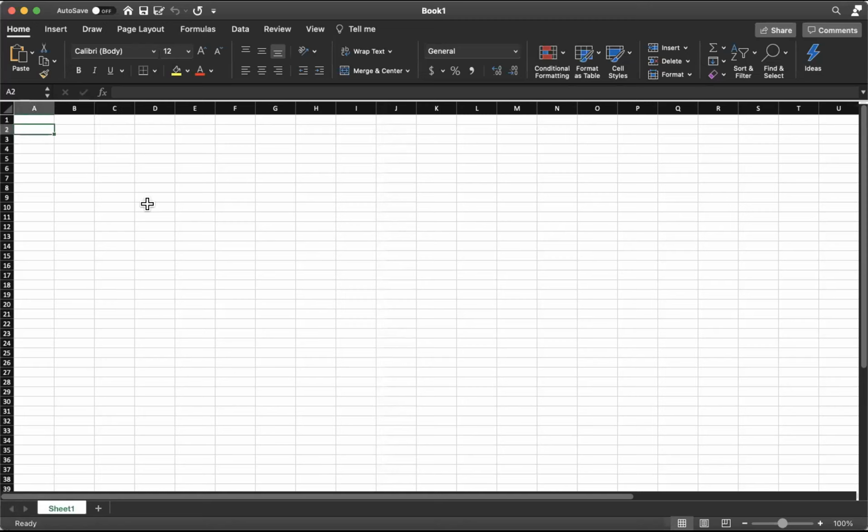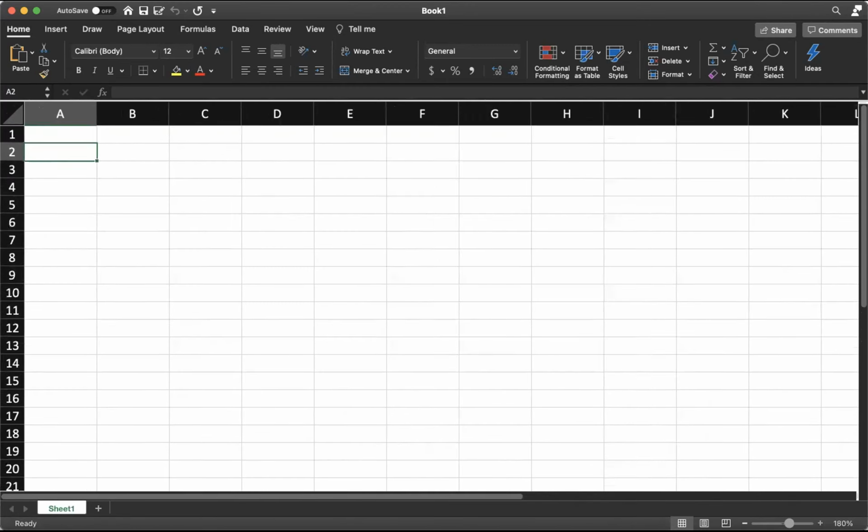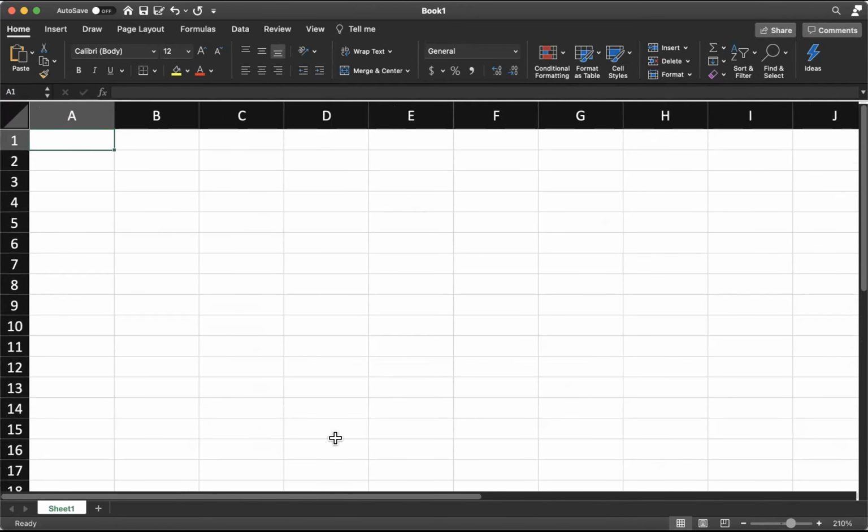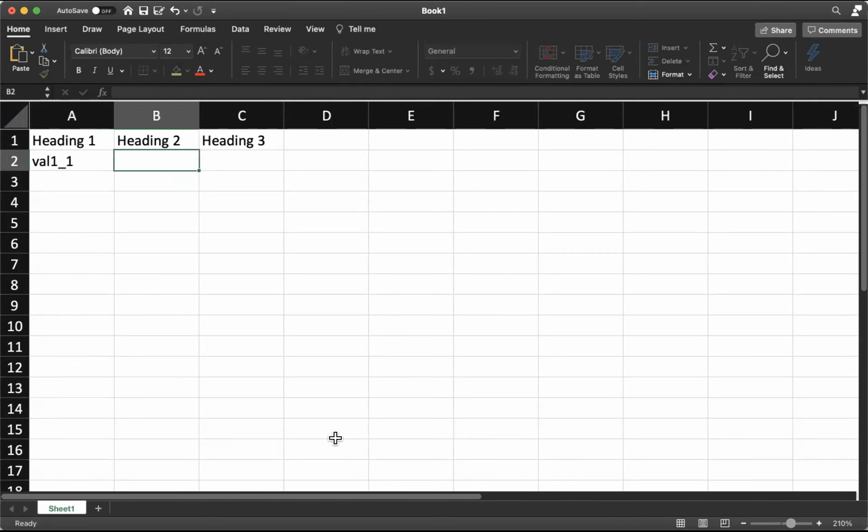So here is a sample of a spreadsheet. And perhaps you have a spreadsheet with column headings, and value 1,1, value 1,2, and value 1,3.